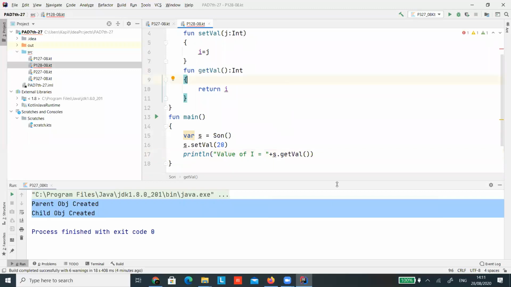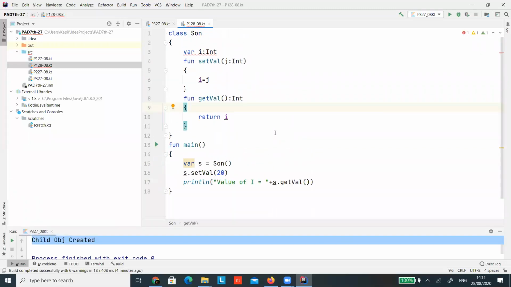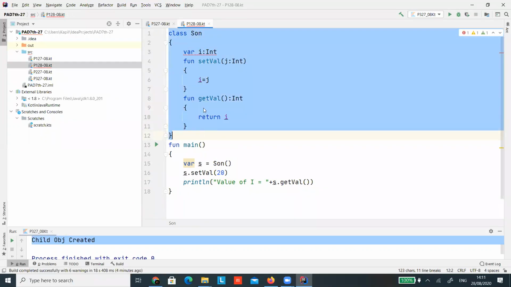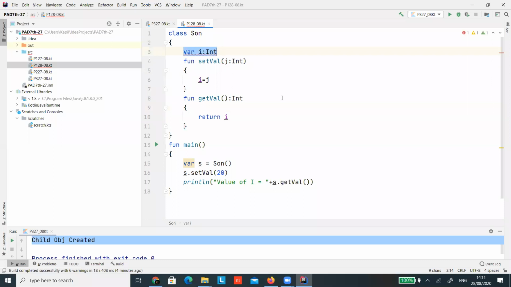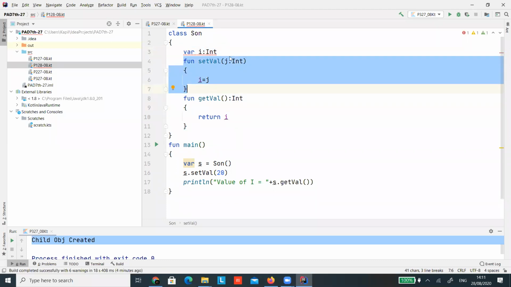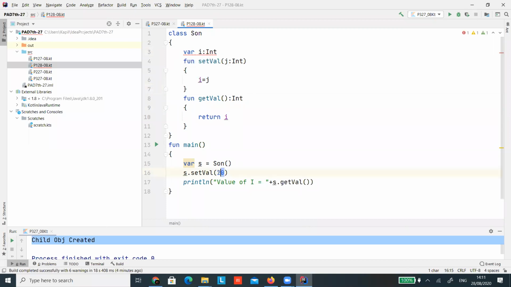So this is a simple program in which I have created one class with one variable as a member. There is one function which will set the value that we pass as a parameter, and there is another function which will return the value of that particular variable.